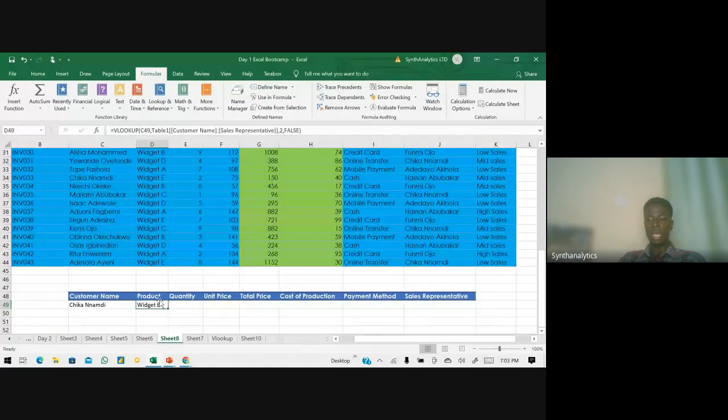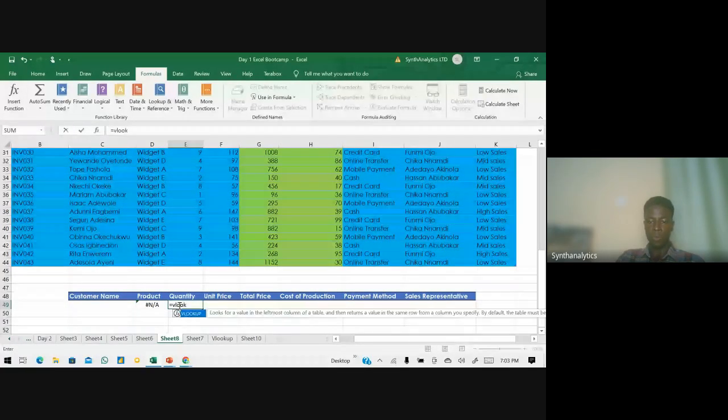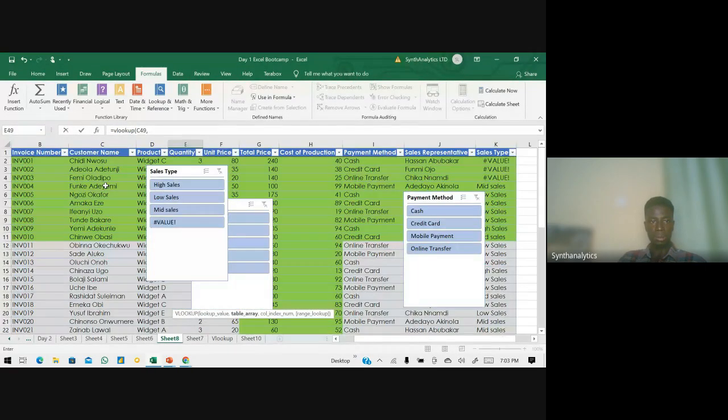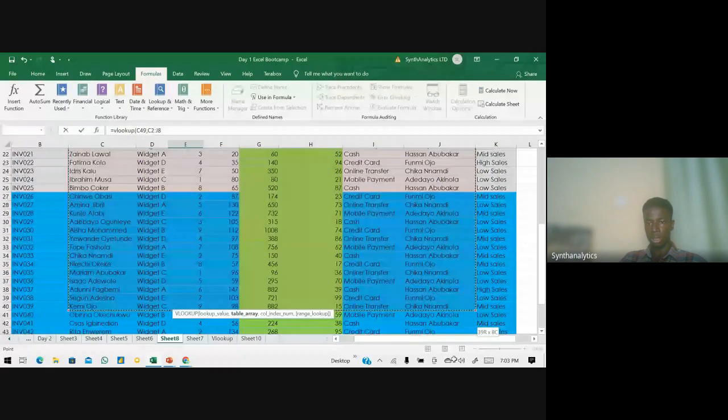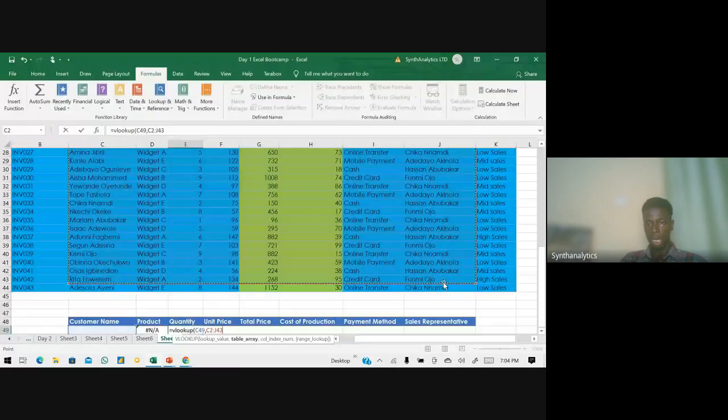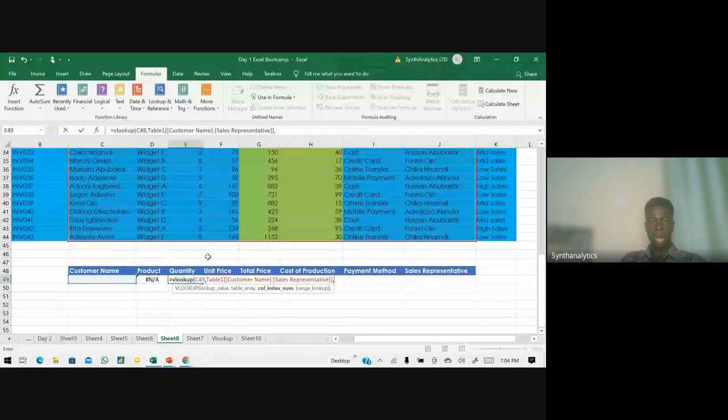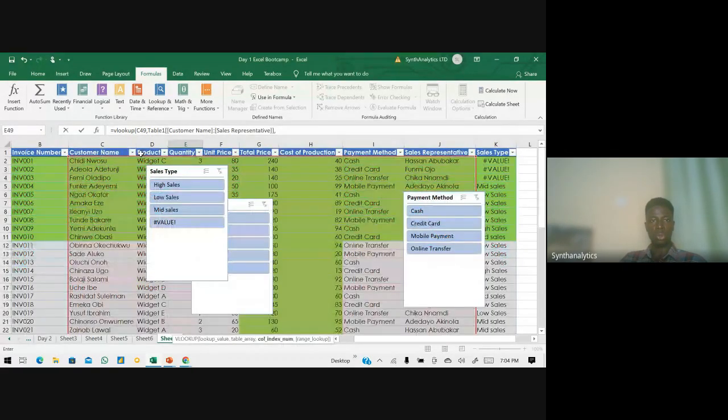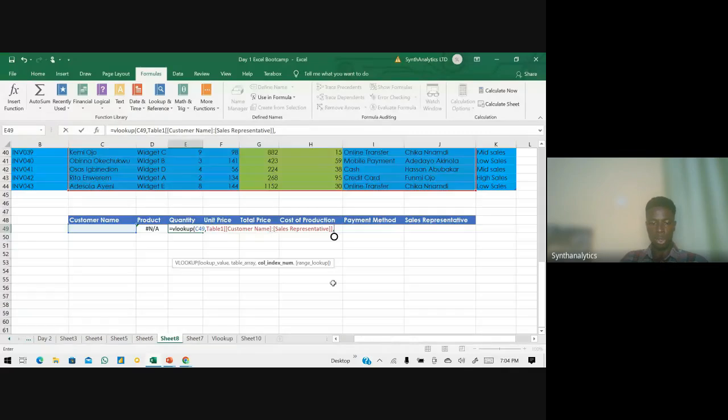In the same way that we have done this, I can delete this again. If it gives us an error again, you can populate for others also. Equal to VLOOKUP. We are looking for the full information about Chika Onadi. Look up what is here again, then your table array, the same table array again. To make this faster, I will just copy and okay, table array. And this time around, our quantity is on which column? 1, 2, 3, column 3. Our quantity is on column 3, and then we want exact match also.